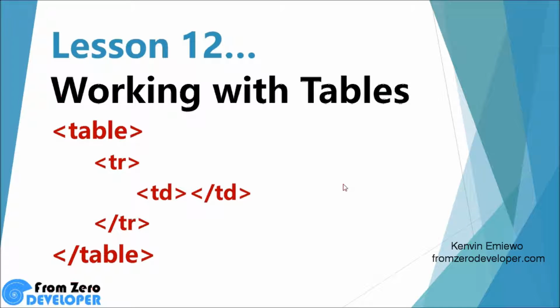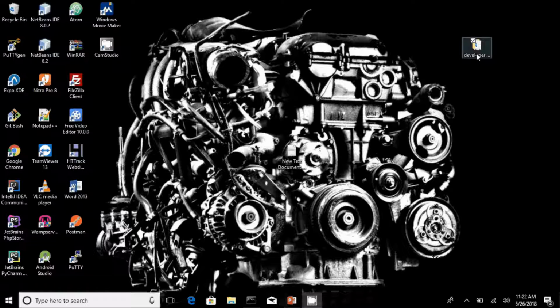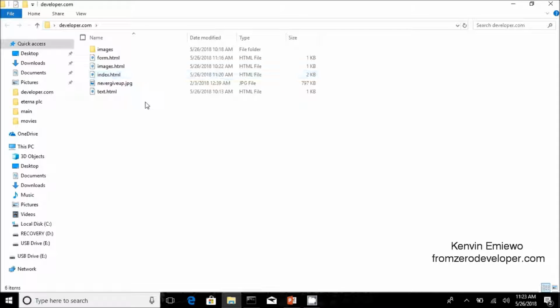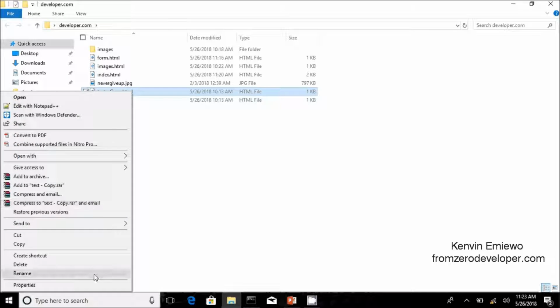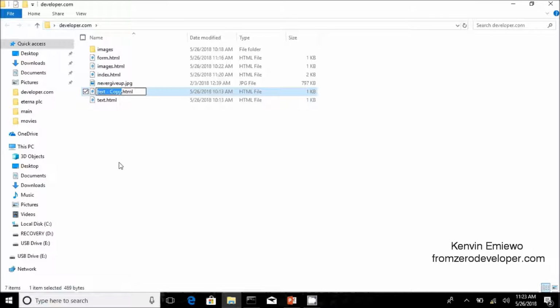This is lesson 12, and you're going to learn how to work with tables in this tutorial. You're already familiar with our regular project directory, which is developer.com. We open this up, and we're going to be duplicating this text.html file, copy that, paste it, and rename it to